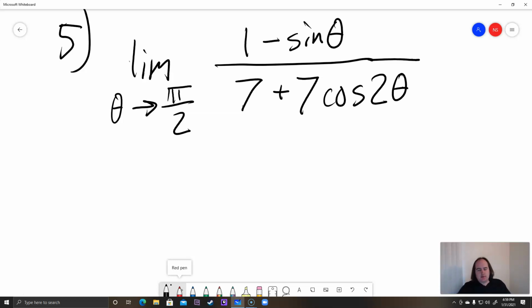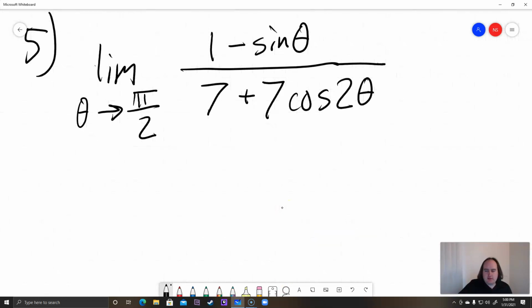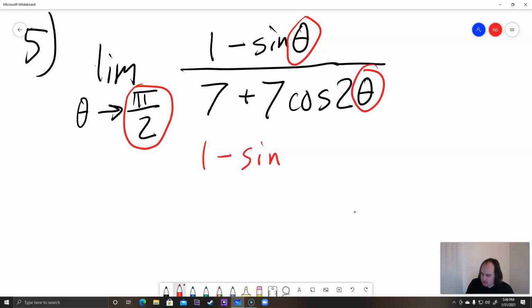Okay, so let me say that again. The limit as theta approaches pi over 2 of 1 minus sine of theta all over 7 plus 7 cosine of 2 theta. So kind of a complicated expression there, but it's not too bad. As always, first thing you do is plug in the number they gave you. So we're going to plug in pi over 2 everywhere we see a theta, and we'll see what that gives us. So we're going to have 1 minus sine of pi over 2